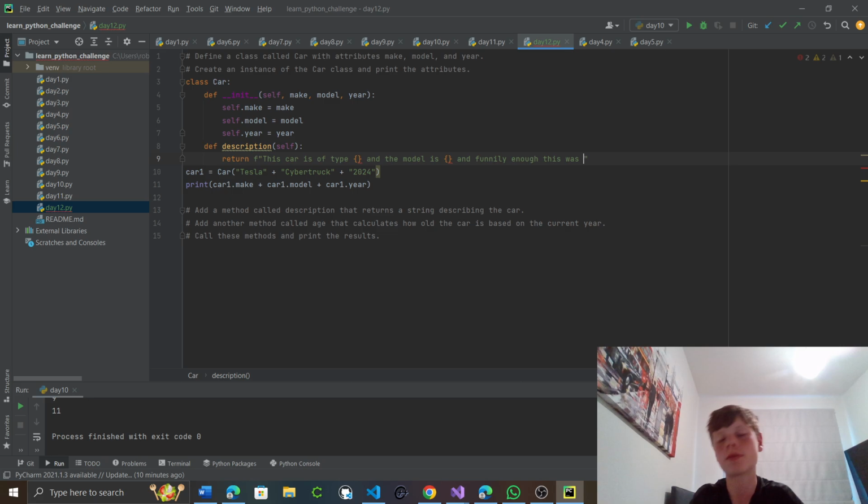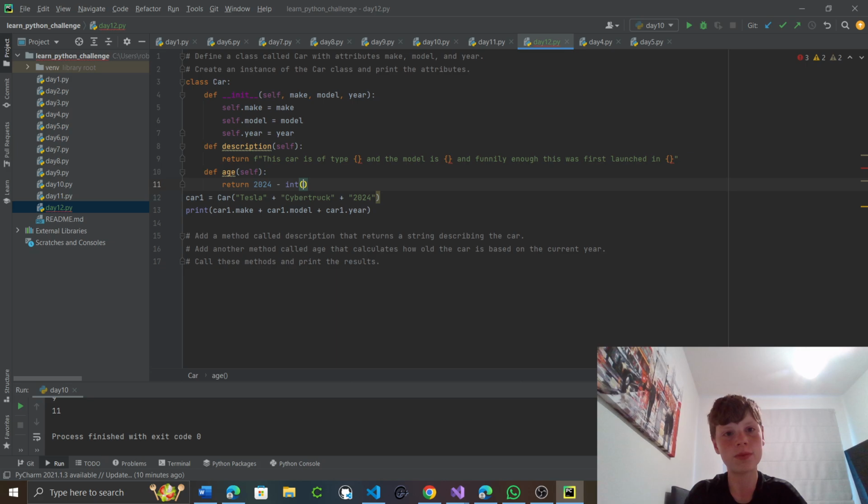Okay, so add method age. So control Z. So def age, we'll do return 2024 minus int, yeah, just easier to print self is of type self.make, and then we can do the model, which is self.model, and then we can finally just do